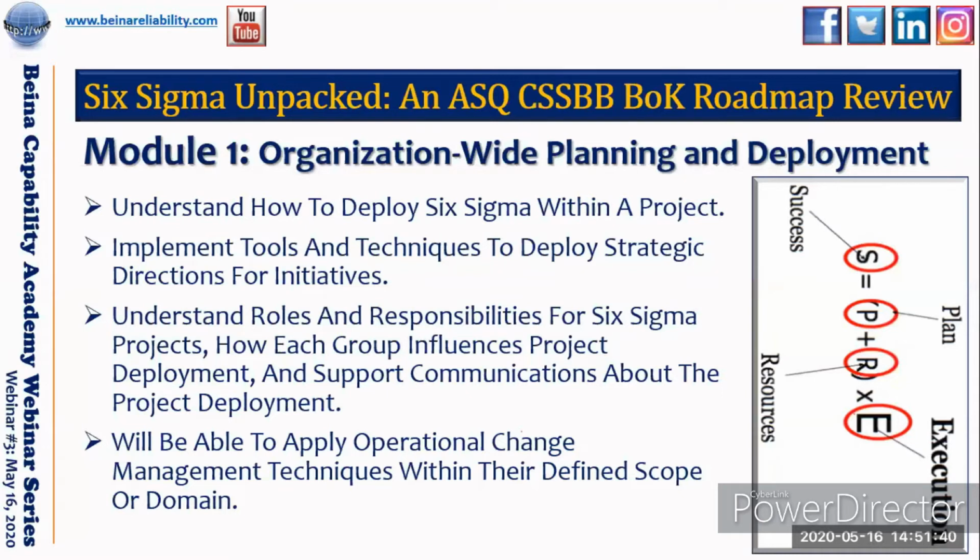First, a Black Belt is expected to understand how to deploy Six Sigma within a project. So this is going to be looking at your ability to implement the tools. You would be measured to see if you know the fundamentals of Six Sigma and Lean methodologies, which is why we have to take a session on that first. We'll also be looking at your understanding of the use of Lean and continuous improvement tools, how you are able to use Lean initiatives, how you are able to screen projects